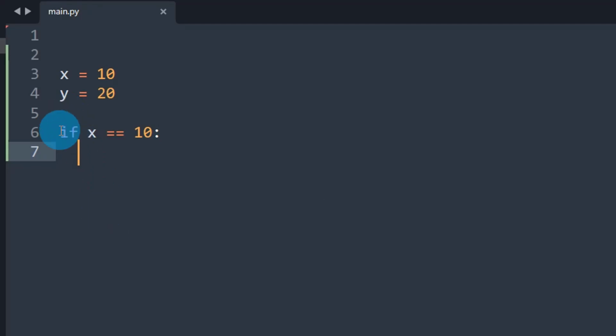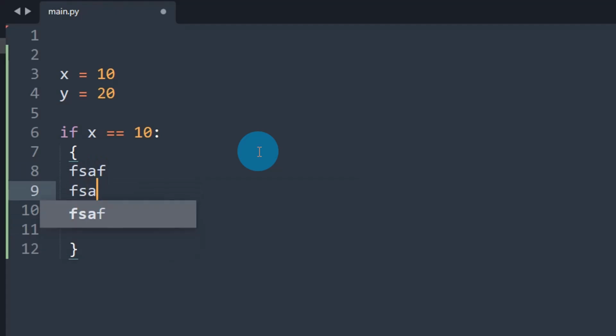Say, if x equal 10, I want to write some 5 lines of code, right? In other programming languages, you will be having something like this. This is the start of the code block. This is the end of the code block.